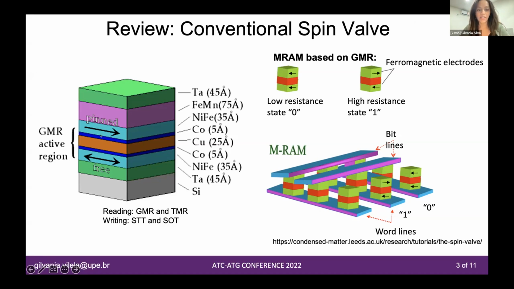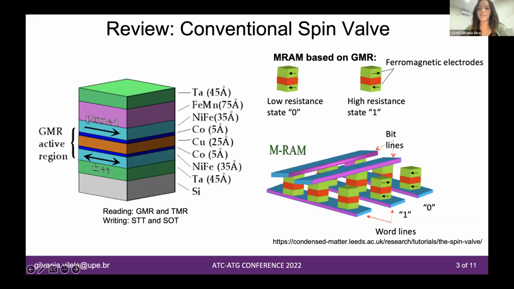When you apply a charge current through the system, the resistance depends on the relative orientation of the two magnetic layers. If the spacer layer is a normal metal such as copper, the effect is the giant magnetoresistance effect. If you are using an insulator, you will see a tunneling process, and the effect is the tunneling magnetoresistance. These two effects are very important in spintronics, and they were explored in